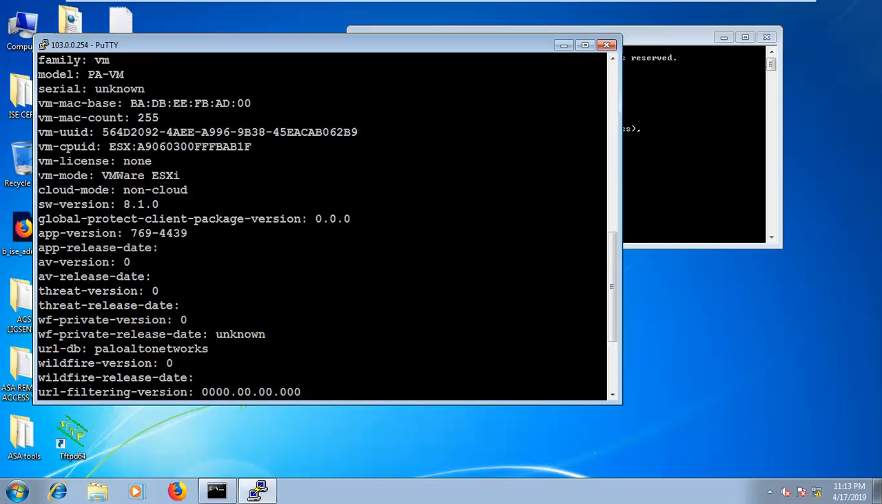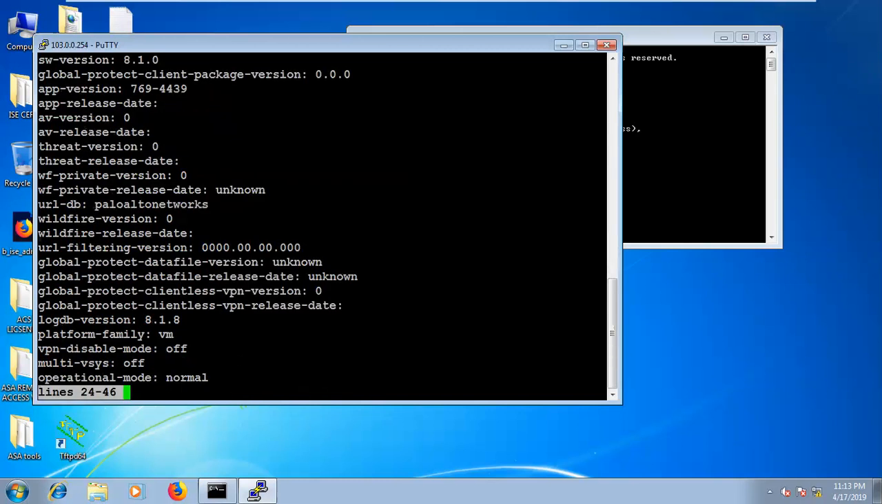We have deployed in what? VM mode, that is your VMware ESXi. So these are the details that you guys can see. Okay, now